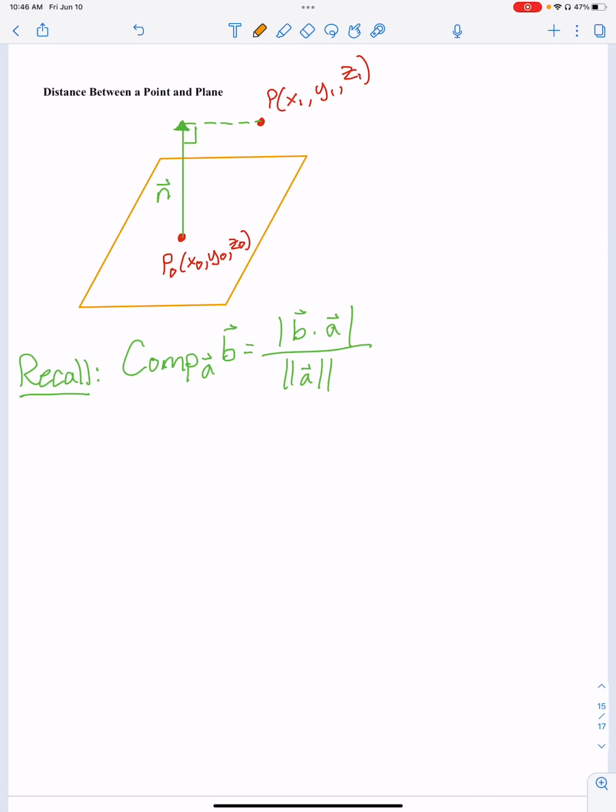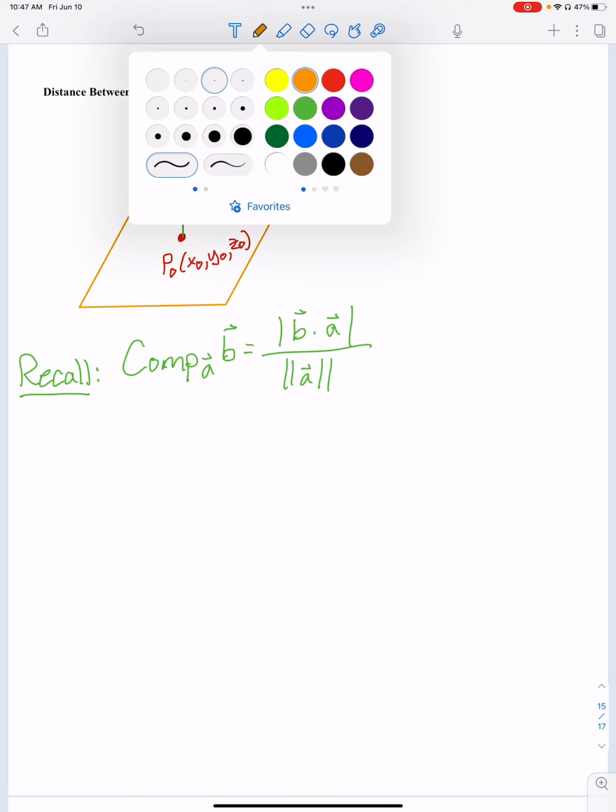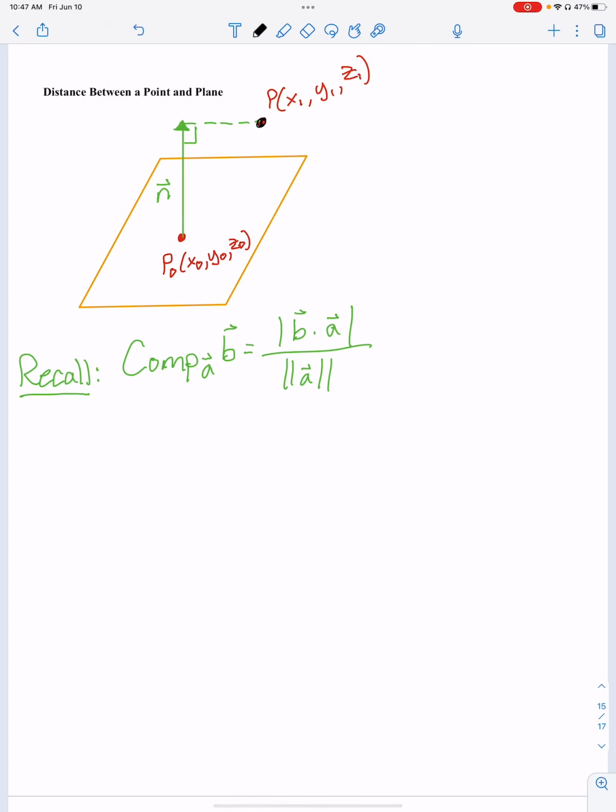In this video, we are continuing our discussion of section 11.5. We are going to cover the distance between a point and a plane. Notice my plane there in orange, and then I have my point up here. Let me make it a little more obvious. It's here in black. So there's the point we're looking at, and we're trying to find the distance between that